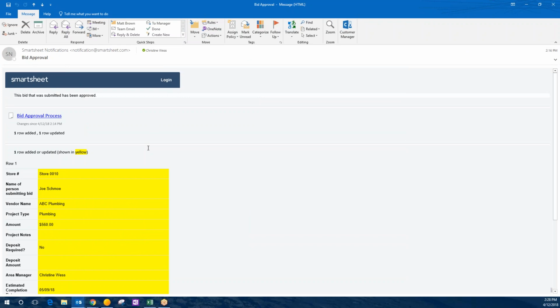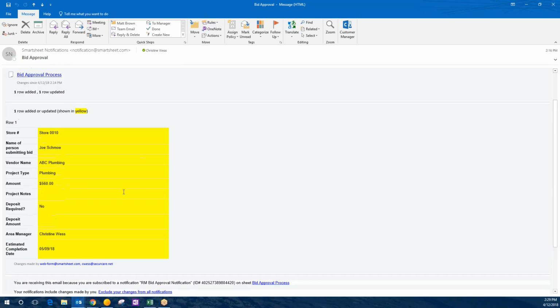A lot of these emails look alike, so you just have to make sure you're reading them. But it said this bid that was submitted has been approved, and it gives you all of the details below there. So you can be like, oh, it's been approved, or it's going to say it was declined. And if it was declined, it's going to tell you my notes as to why, or whoever's notes as to why it was declined. So this has been approved, and then this gives you the clearance to be like, hey,